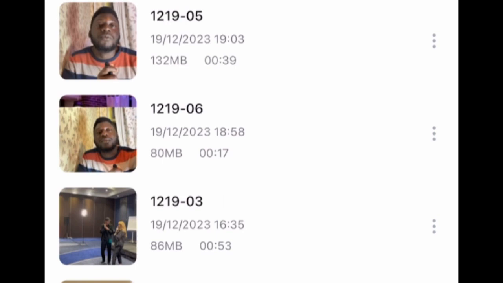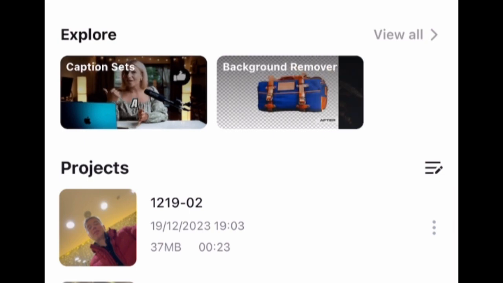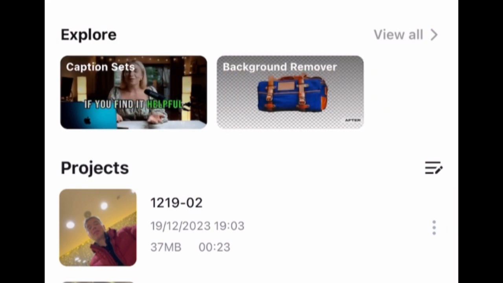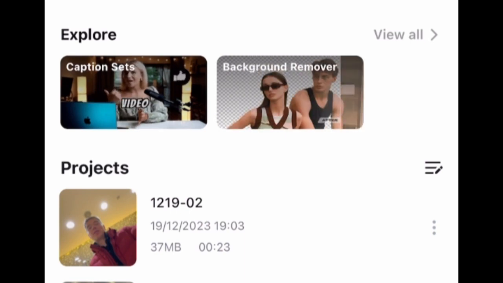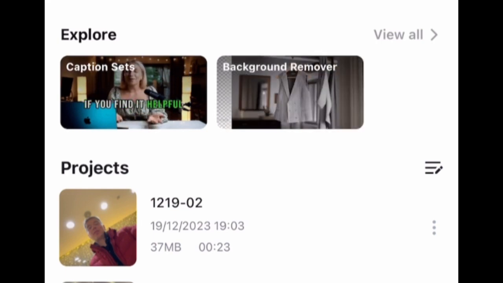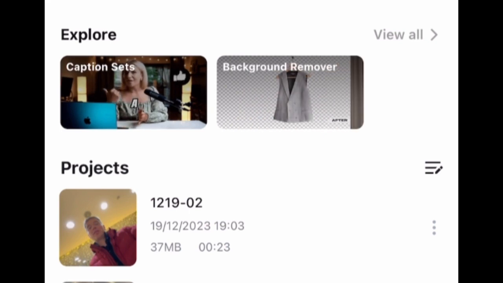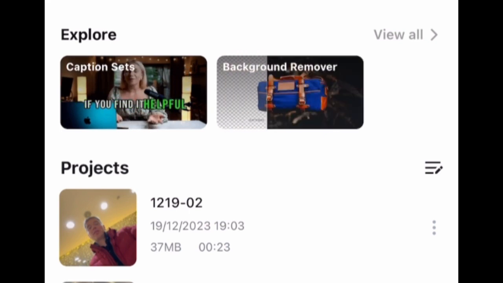If you have a laptop, you can use CapCut on the laptop. It has a lot of features that are not on the phone, but for the purpose of this video, I'll be using my phone, and CapCut on the phone is quite limited. There are some things you will find on your system that you won't find here, but ensure that before you get to this point, you've filmed yourself already, you've shot the video,